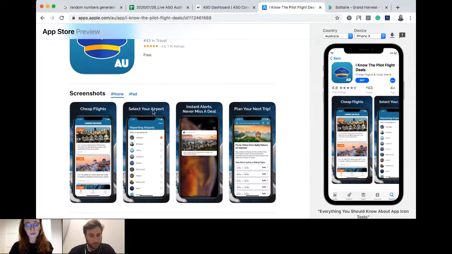This is a very good way to introduce your app in the store search, because you can see the first three screenshots if there is no video, as we can see here, there is no video on this product page. So these screenshots, first of all, describe the main features of the application, which is very good, and also